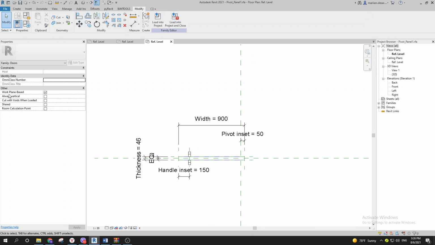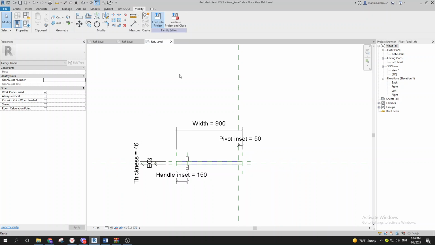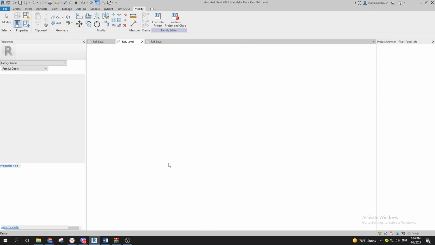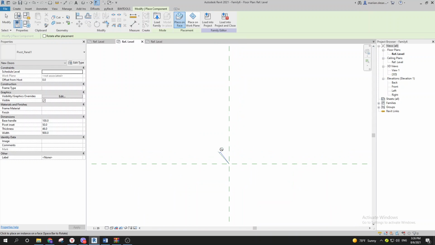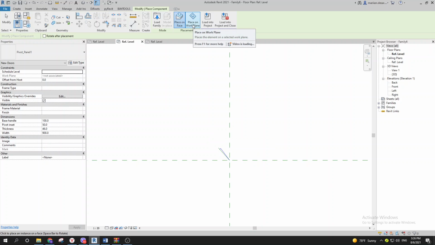That is just if you want your family to be placed on a reference line and have the angle for this, always have this set up. So always check on the work plane base and always tick off always vertical. So now load this into our family 6,